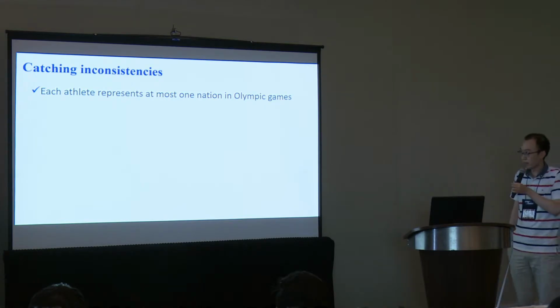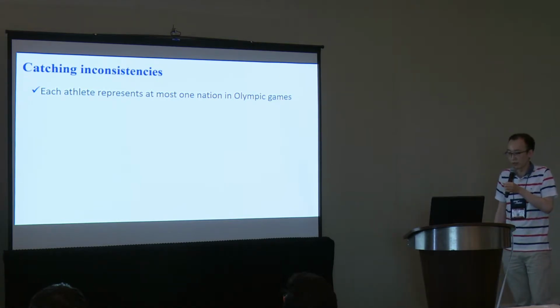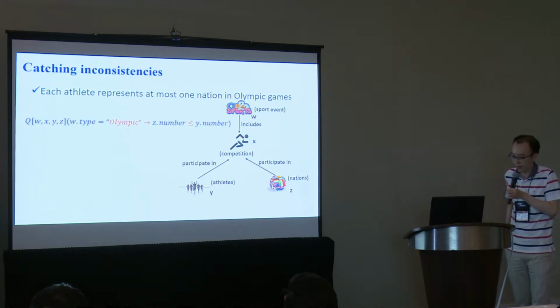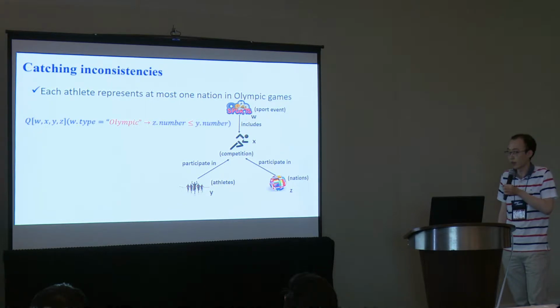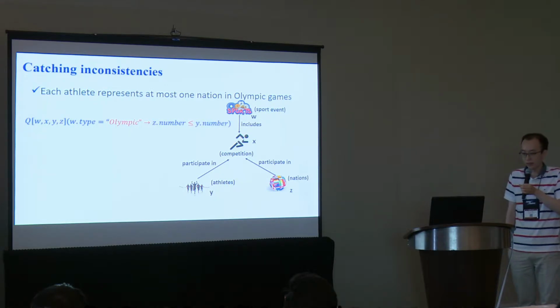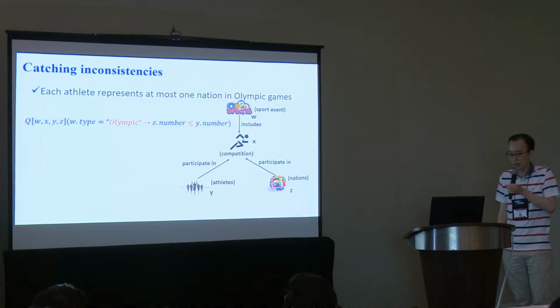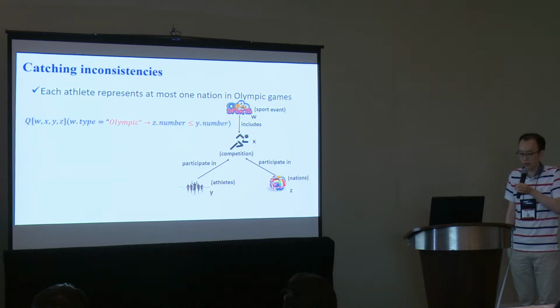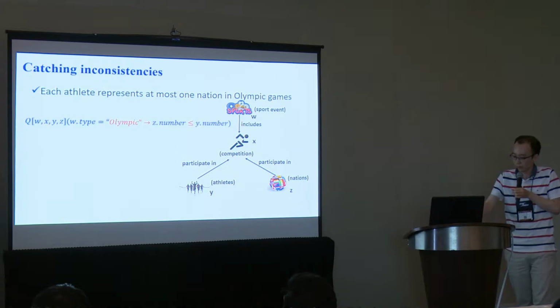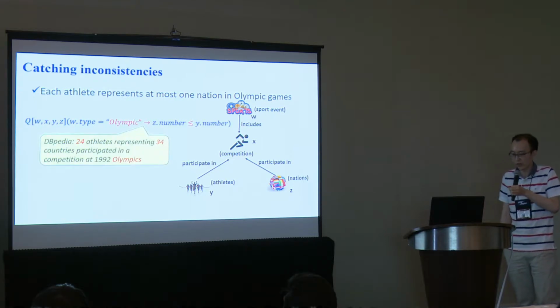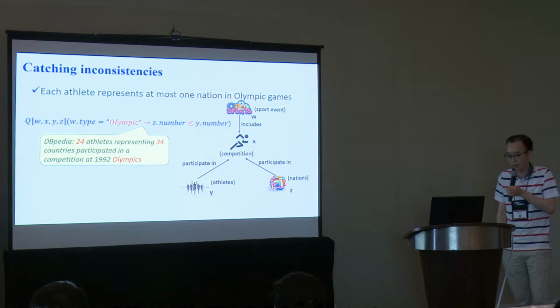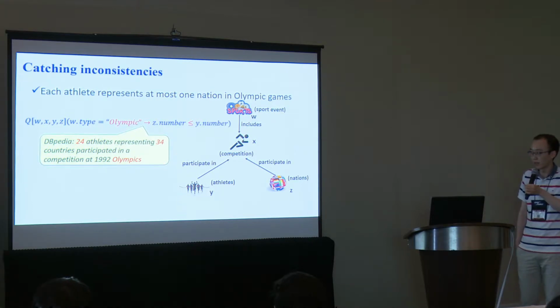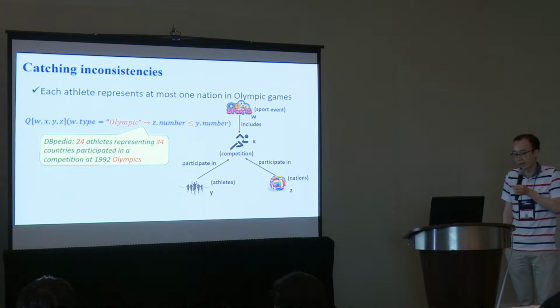Next, consider this rule that each player represents at most one nation in Olympic Games. We can write it as an NGD with the help of a comparison predicate. And this one also means the number of participating nations in an Olympic event is less than or equal to the number of athletes. So it catches the inconsistency related to a computation at 1992 Olympics, which we encountered in